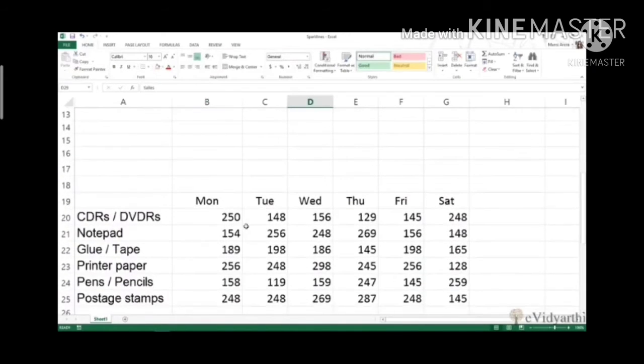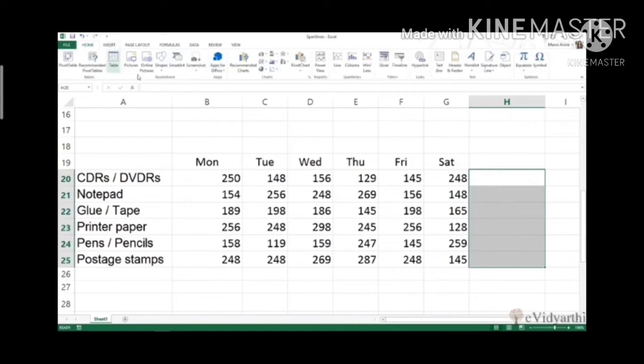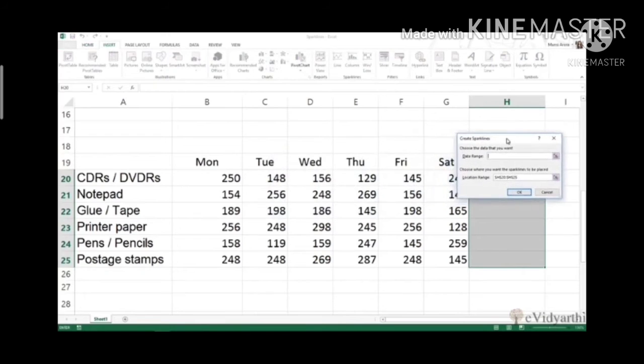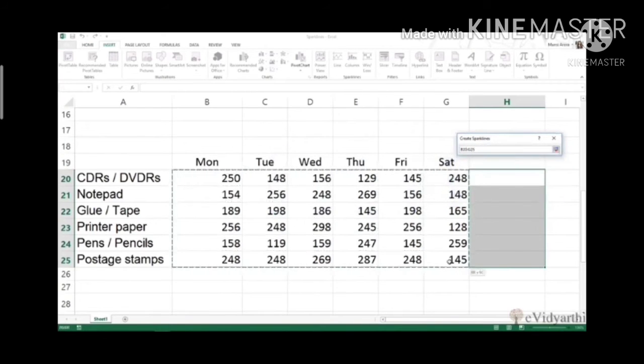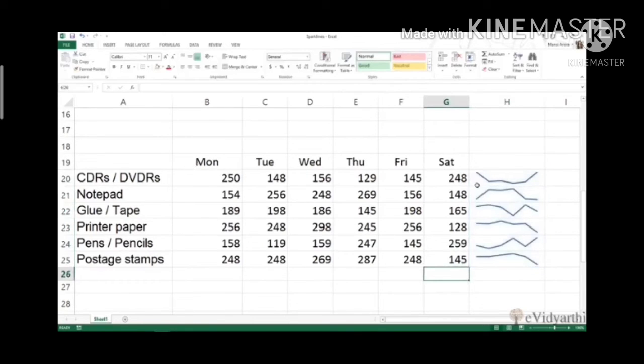Now from here we take another example. So many components and devices are selling on Monday, Tuesday, and here you want a sparkline. You have to select where you want the sparkline, and after that click the Insert button, and one window will be shown. After that you select the data series, and you can see the line chart. Here you can also select various layouts or change the color or thickness of the line.